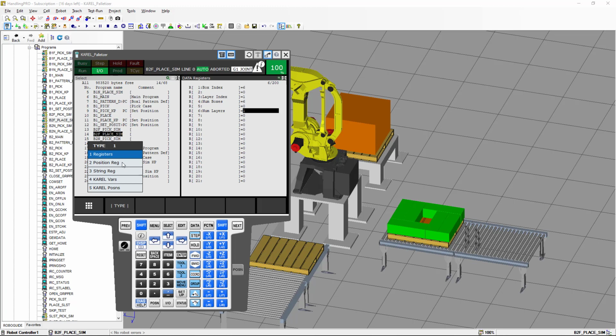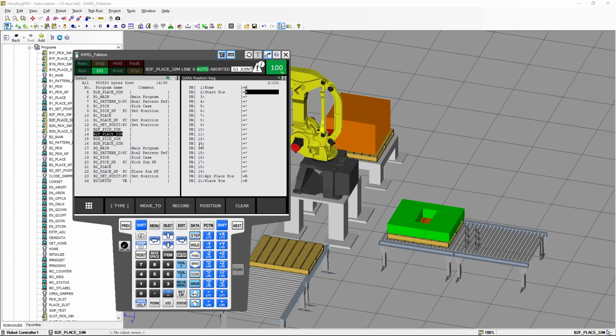And if we go to the position registers, nothing changed. We have the same home position, we have the same position register 2 for the start position. We're going to look now at the TP programs. We're going to have